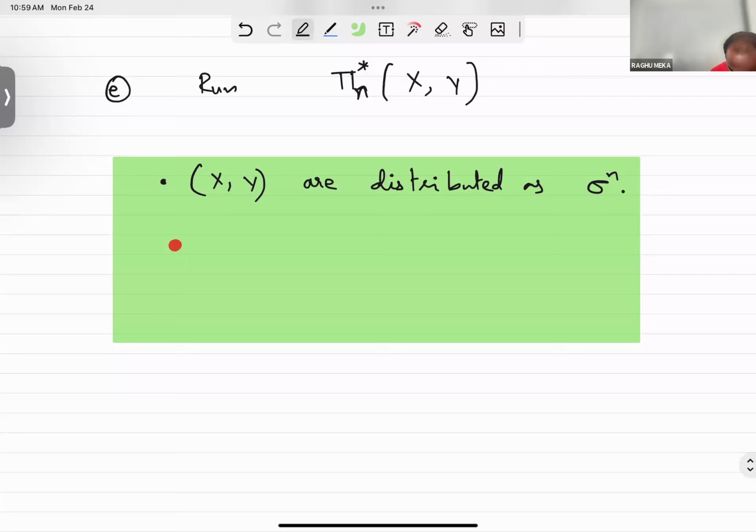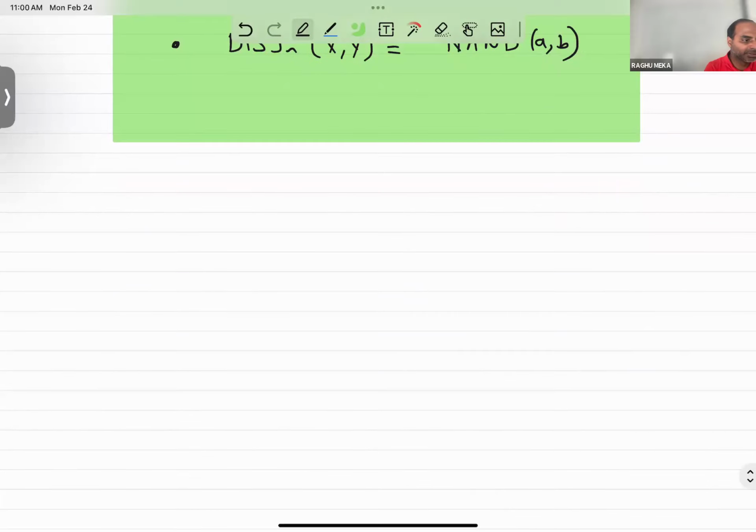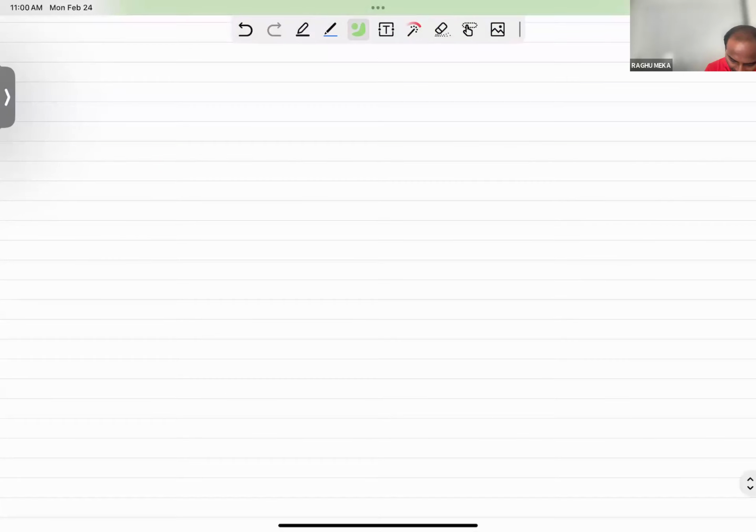The next one, which is also kind of true, is that we have the functional equality that we wanted. Right? Other than A comma B in the ith position, everything else is the NAND is exactly 1. Right? So when you take the disjointness, it's completely determined by what's happening in A comma B. All right? Okay. The next thing that we are going to show, and which is, as I said, the key part is to say that